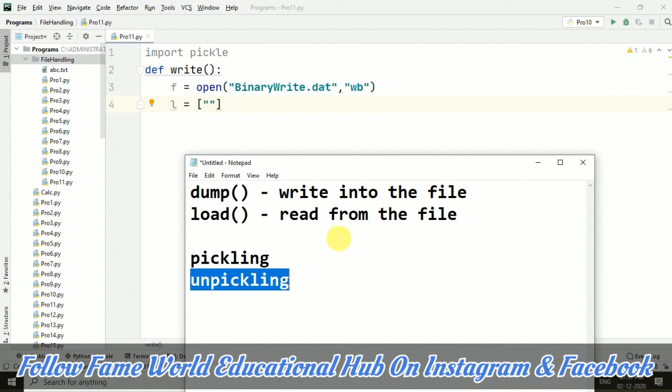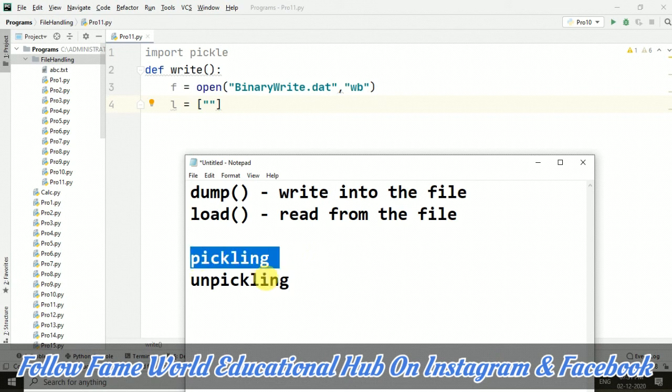So if we have some structure like a list or dictionary, it will be converted into a byte stream, that is, into binary values. Our text values, list values or dictionary values will be converted into binary code. And unpickling refers to the process of converting the byte stream back to the original structure. So these are the two different concepts.